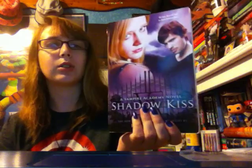And this next book is Shadow Kiss by Rochelle Mead, and it is the second or third book in the Vampire Academy series. Not too sure. I haven't started this series yet, but I look forward to starting it very soon. And yeah, this cover at least matches my copy of the Vampire Academy, so it was only like $2. The most I spent on these books was like